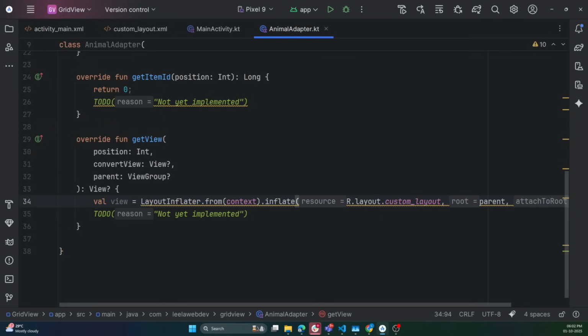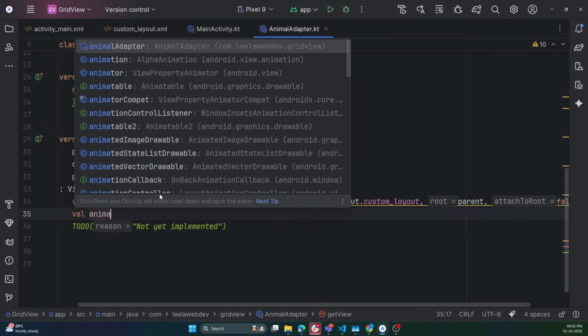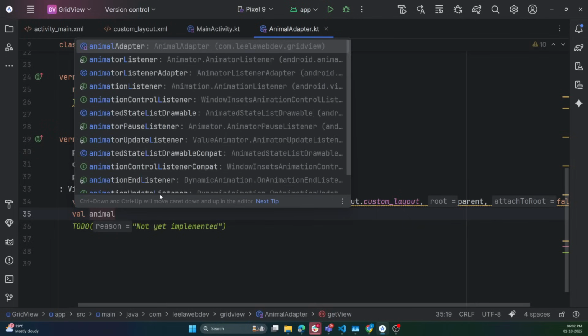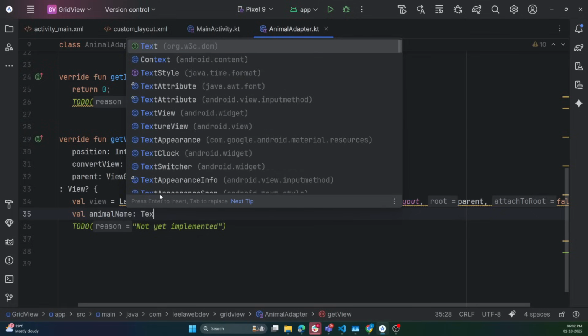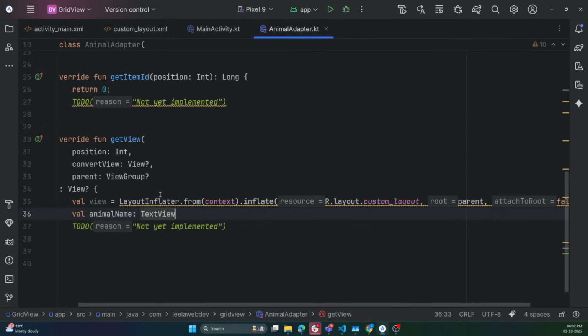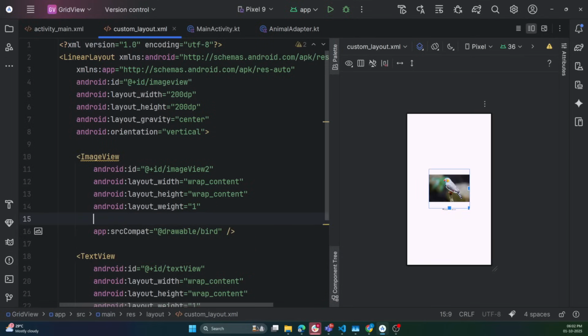So that is the layout inflater, and we got the view. So here you can say animal name of text view, and here we can take text view, image view. So here we are having this one, right? So this id